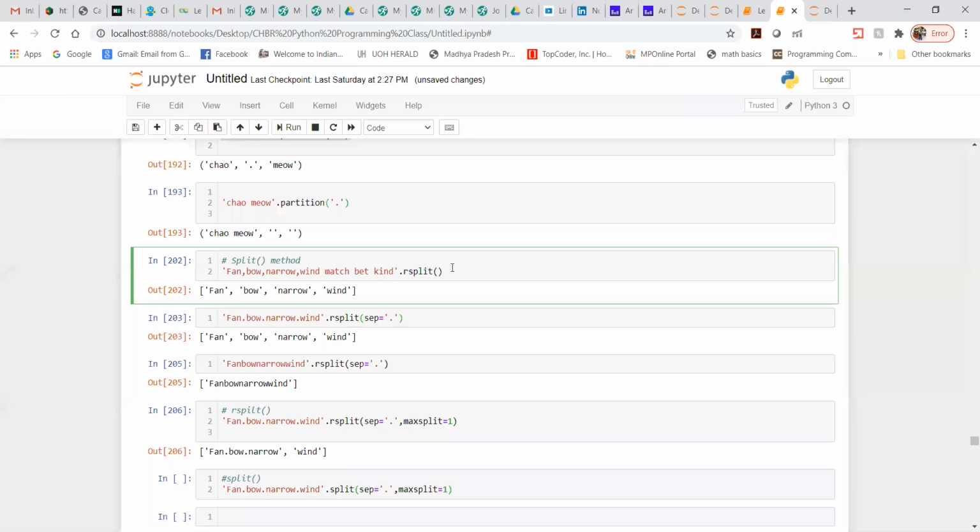Let me write it like this. And now here, if you want to write separator is equal to this one, then you can see the output here.